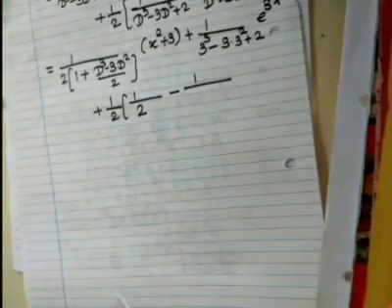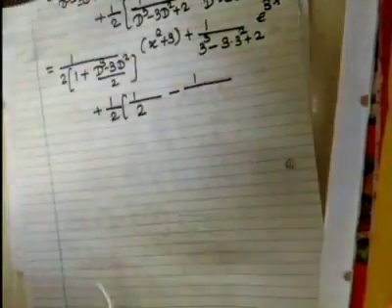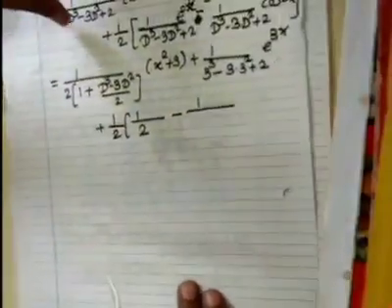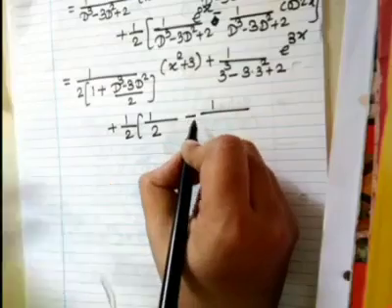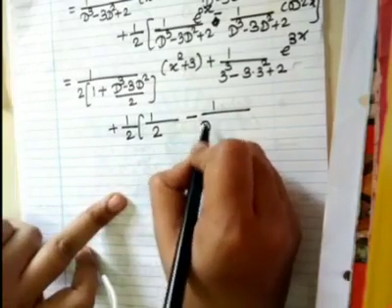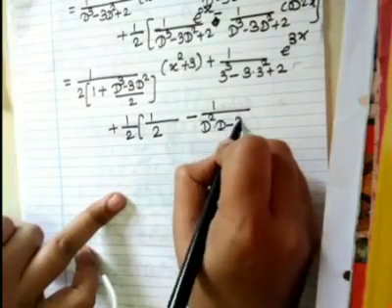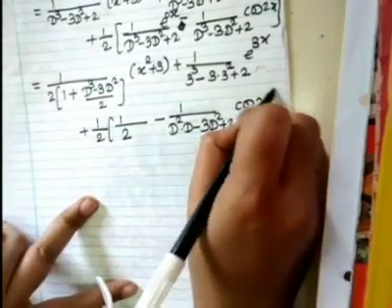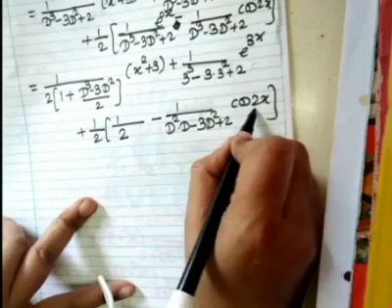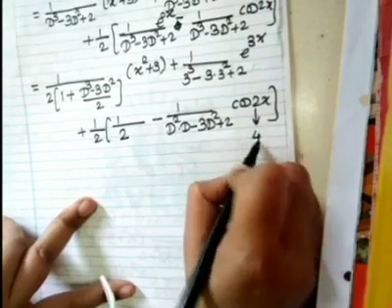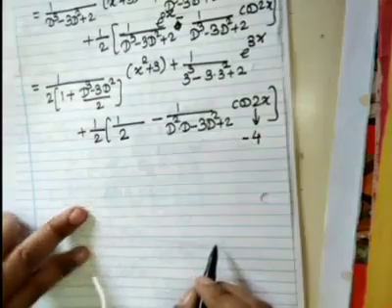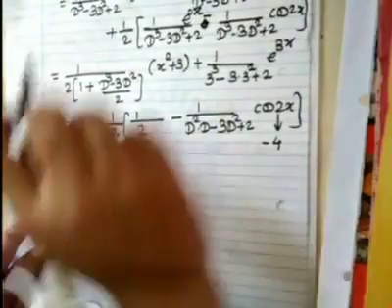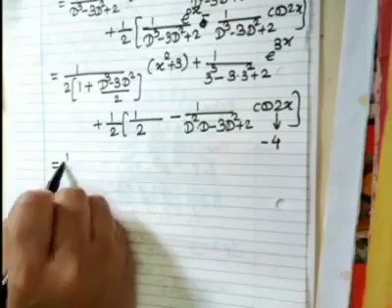Okay, then first function done, second is done, third is done, last it is cos 2x. So as it is cos, we should write it into D square. So D cube minus 3D square plus 2 into cos 2x. So here we'll square this and we'll give negative sign, that is minus 4, and we'll put in the place of D square. So next step is 1/2.